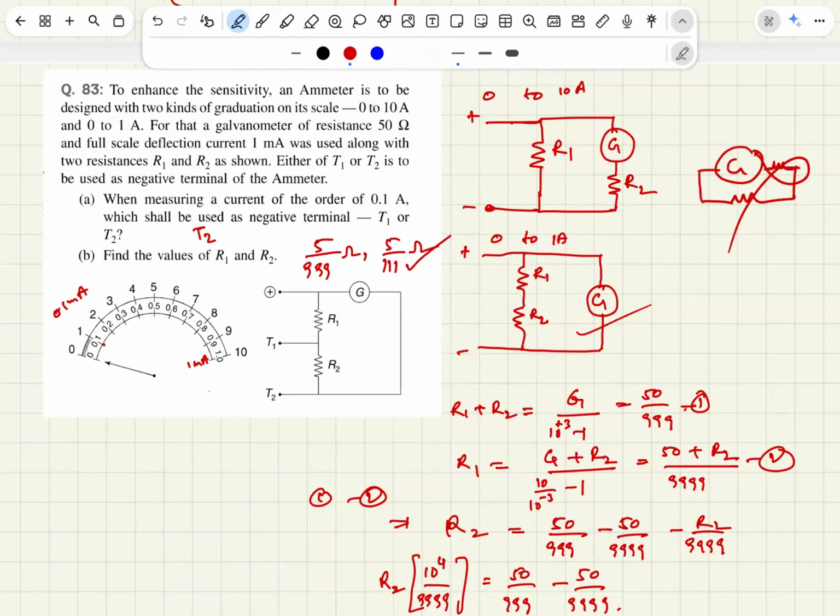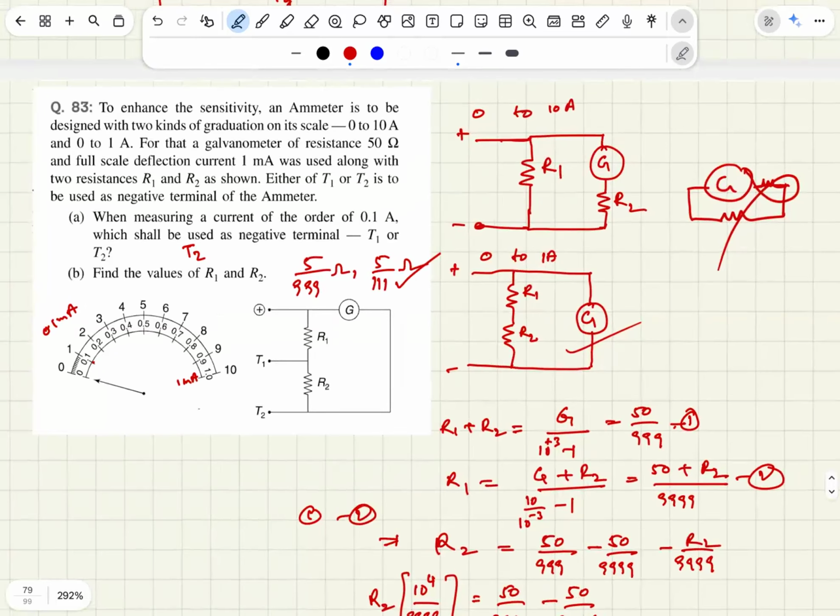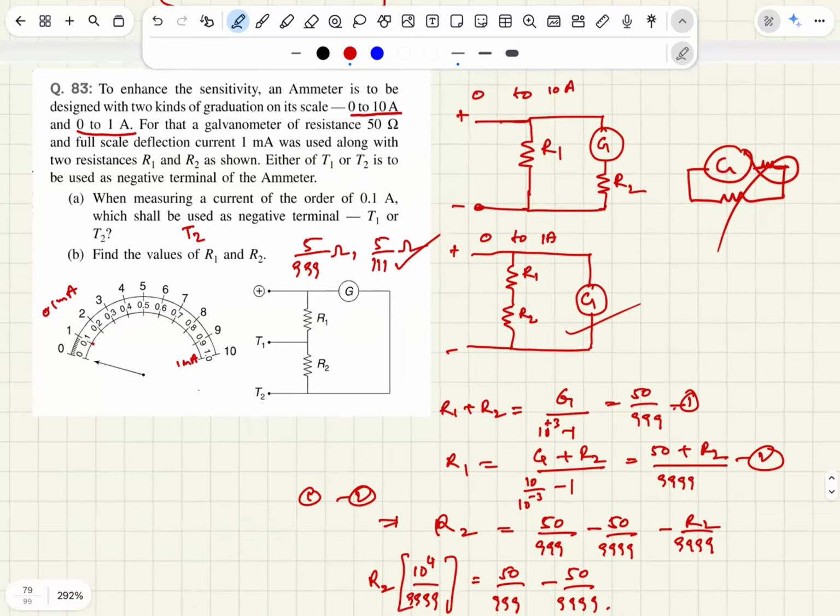Otherwise also, when measuring, that's what the current of 1 amp. For example, the galvanometer resistance is already 50 ohms. The resistances R1 and R2 were not informed. But what I can say is,